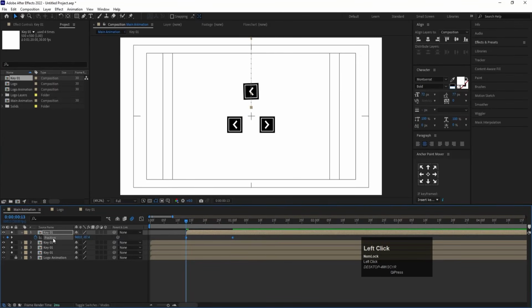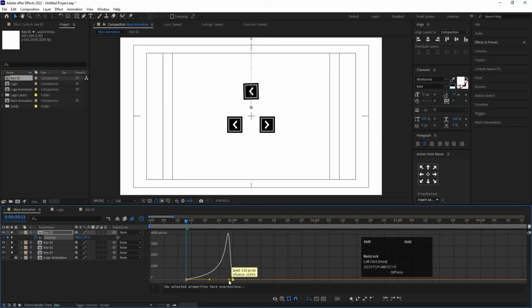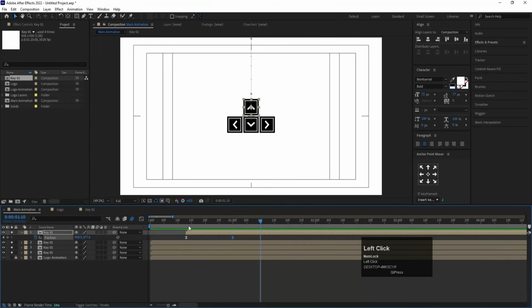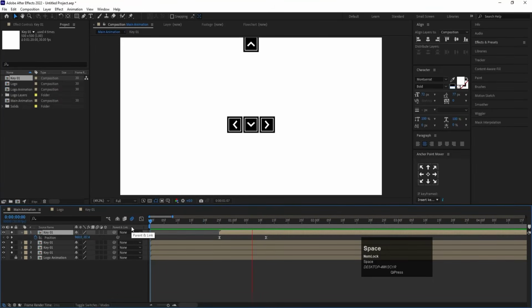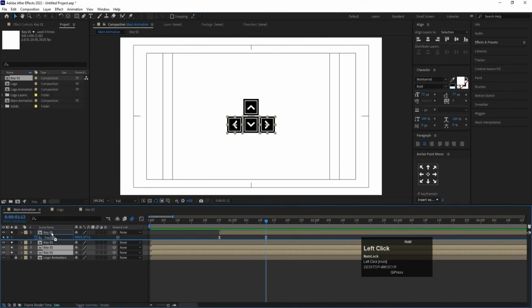Then select those position keyframes and hit F9. Go to the graph, select this, this handle over here and move this handle over here like that. Okay, so it will look something like that. And let's try to bring this a little bit over here when this is coming over here. Okay, and then somewhere around at this point, these remaining ones, I'm going to bring them at the top